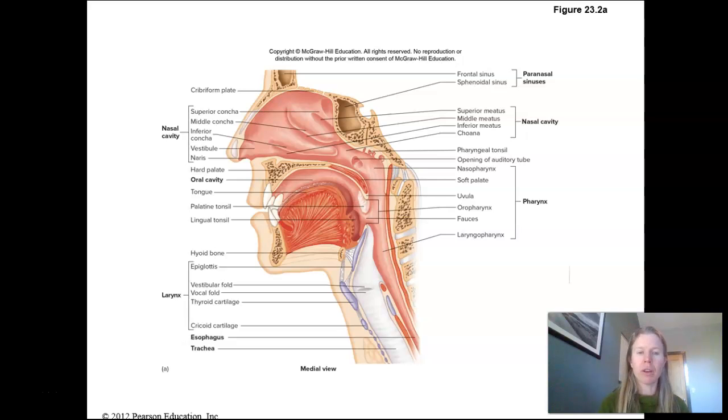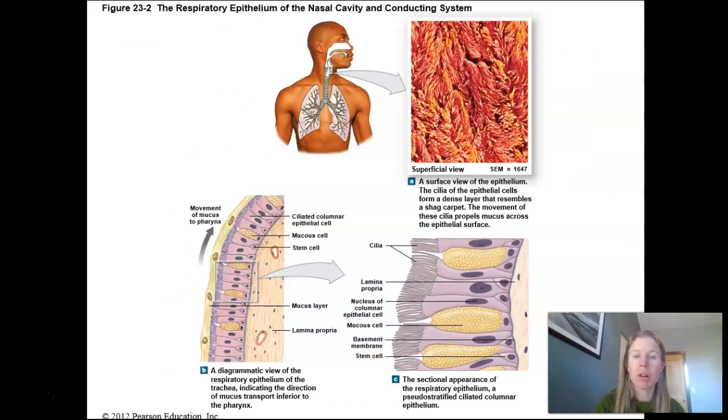That's what we'll actually see in the larynx, down into the trachea, and even into the bronchi. Again, lots of mucus and cilia. We're trying to trap microbes, and then we use the cilia to propel them back out of the trachea. Then, when we branch down into the bronchioles, those even smaller tubes,